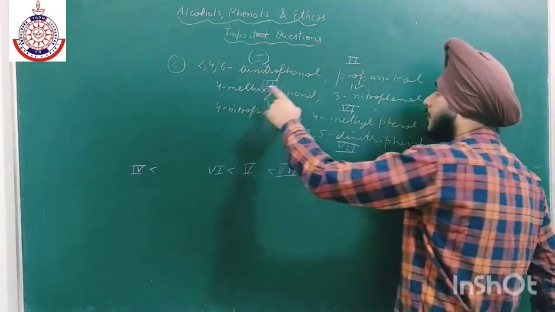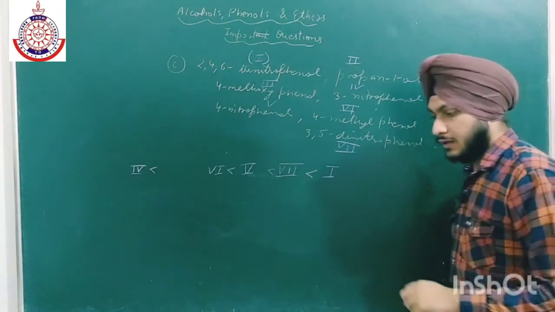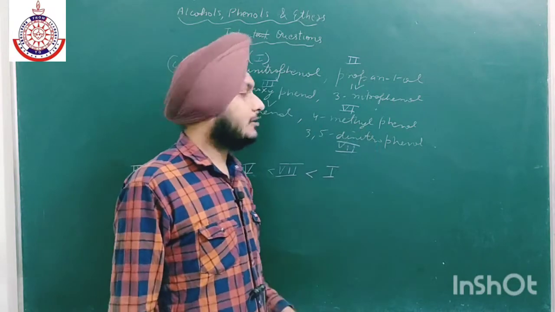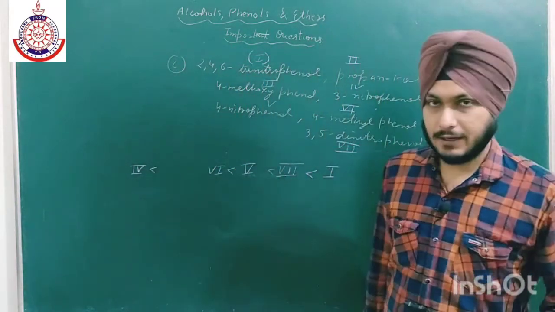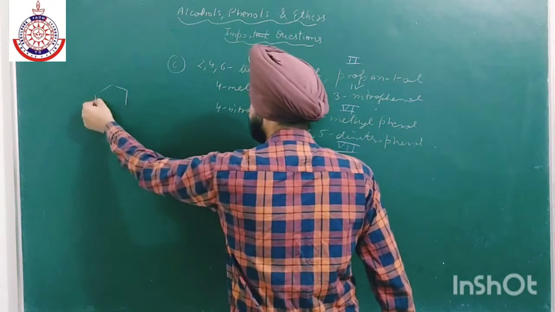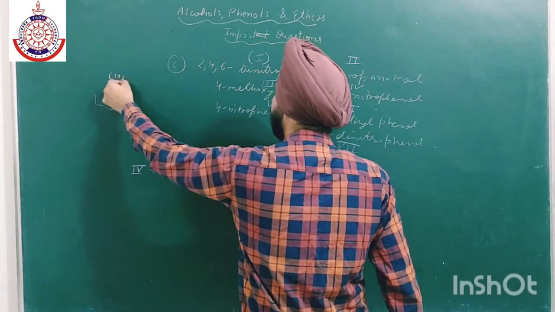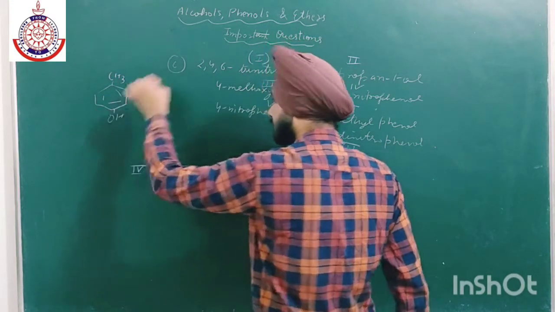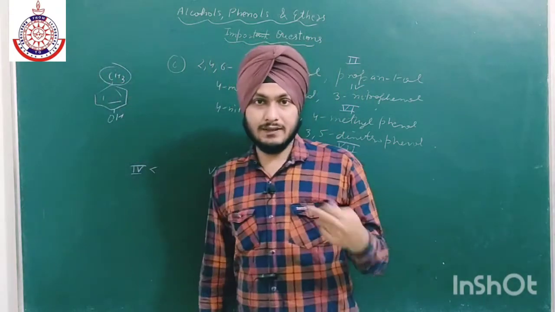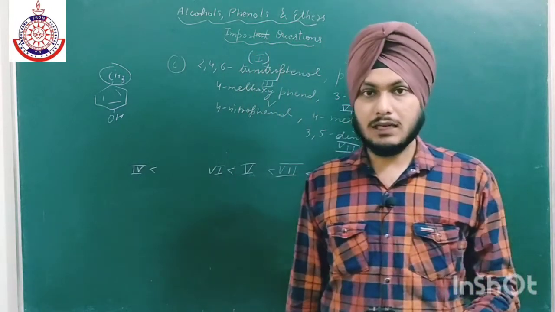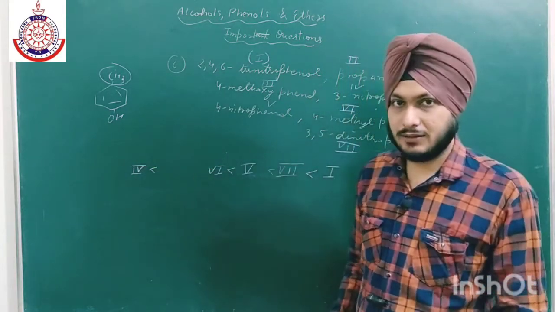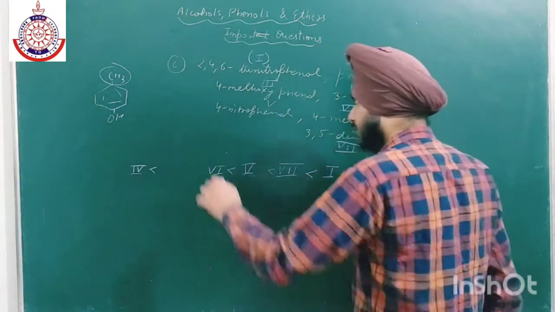Now we are left with these 2, 4-methoxyphenol and 4-methylphenol. The methoxy group has plus R, and the methyl group does not have plus R, it has plus H. In case of the methyl group there are no lone pairs of electrons. If we talk about cresol, para-cresol, the CH3 group has no lone pairs for plus R, but it will show hyperconjugation. Due to hyperconjugation it will donate electron density to OH and decrease its acidic strength. It will show plus H, not plus R.